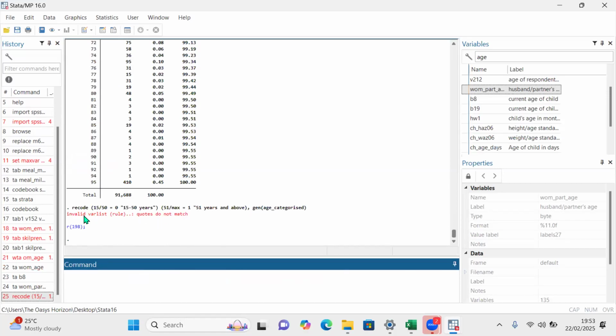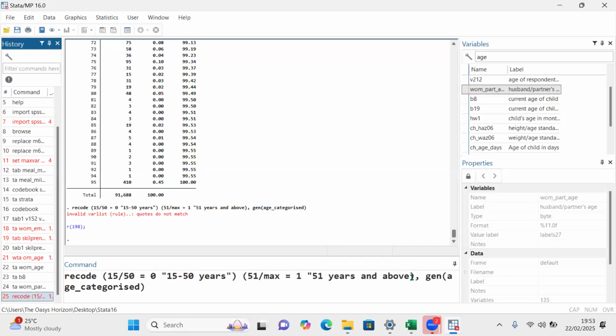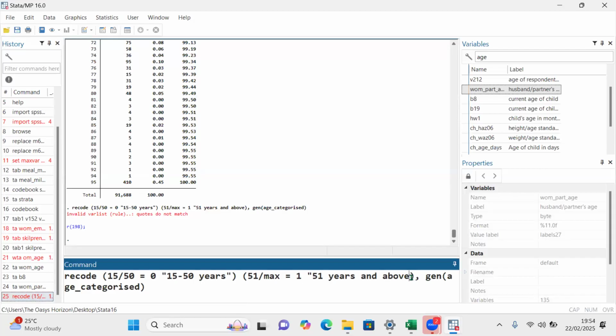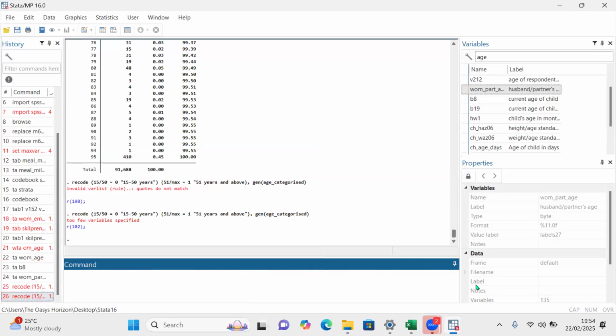See, the codes are wrong. It's telling me invalid variable list, codes do not match. Then you need to check again. What exactly happened? In this recode here, I didn't put the inverted comma or apostrophe to complete what I started. See now, too few variables specified. I'm just trying to show this so that you will see some of the issues that can come up when we are trying to